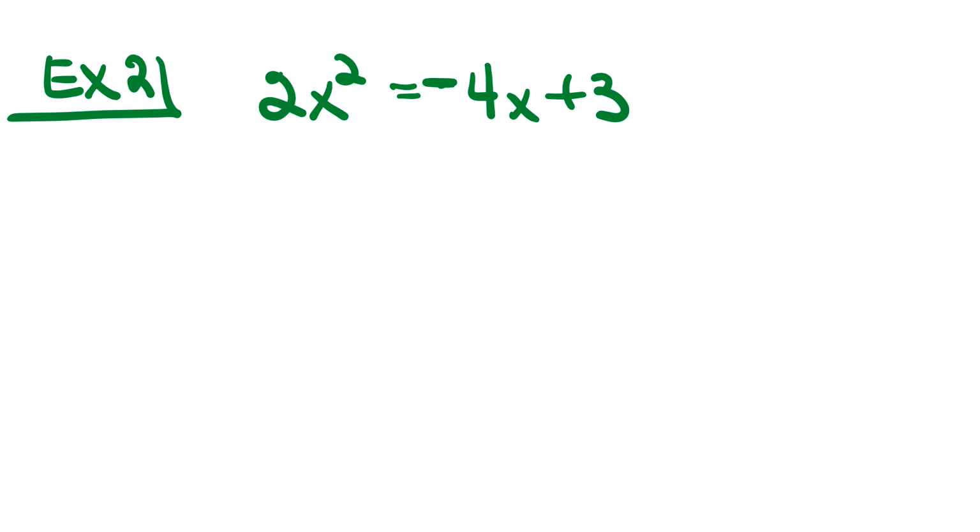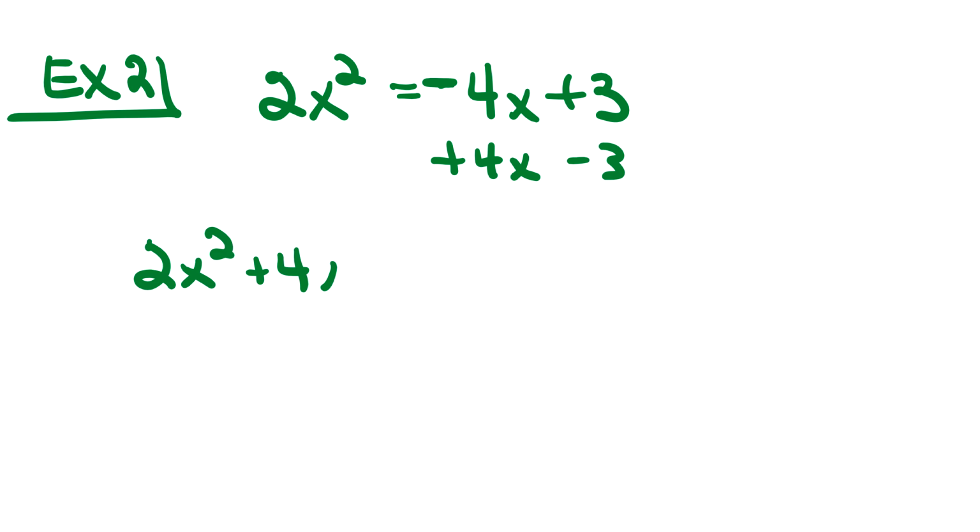Here's example 2. I'm looking this over and I see that I've got 2x squared here. It's not in descending order yet. I've got to bring the right side over to the left, so I'm going to add 4x and subtract 3 on both sides. My left side would be 2x squared plus 4x minus 3, and now it's equal to 0. So I've got it in the right form I need,